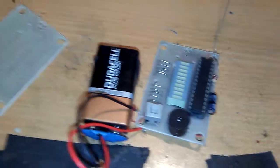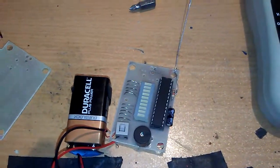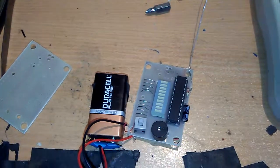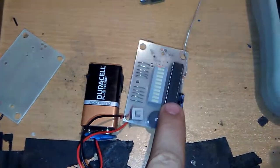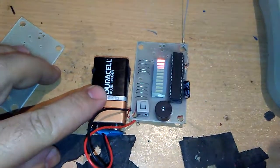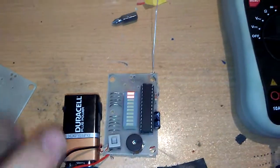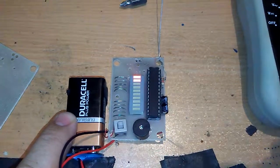If you are using a fresh 9-volt battery, it's much better to use a 5-volt voltage regulator, because the 9-volt battery is too much for this micro. I'm using a used battery, and the output is around 5 volts. If you are using this micro, you should have one regulation